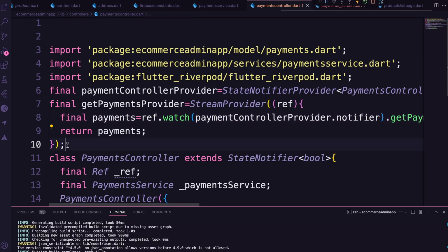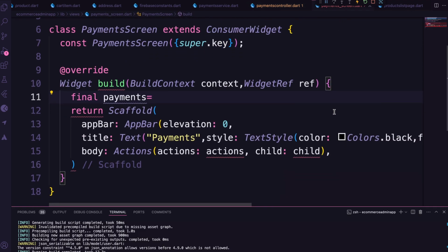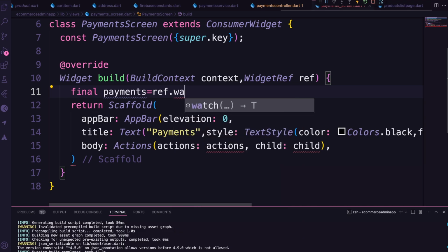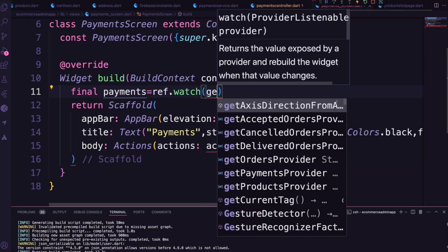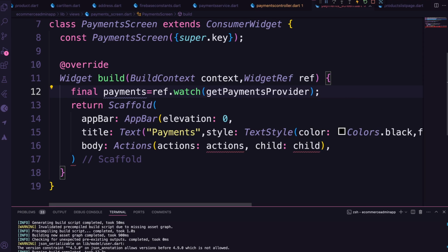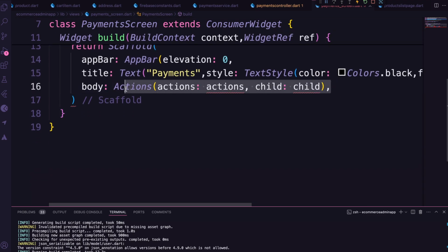Okay, so if we go back to our screen now, this goes to reference. We want to watch the getPaymentsProvider like this. Right, now that everything is done,